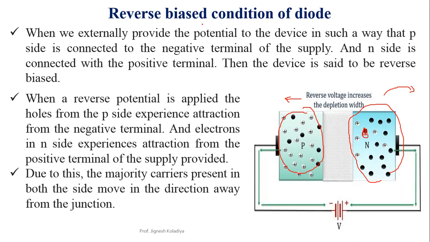So ultimately, in reverse bias condition, the diode cannot allow current up to a certain voltage. But if you increase this voltage to 50 or 60 volts, which is very high, then this junction breaks down, and a high amount of current can flow in the reverse bias, and that will damage your diode.